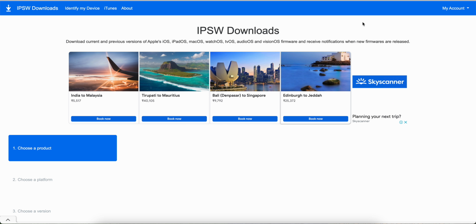I already explained in what cases you need to downgrade. So first of all, you need a Mac machine. I have the Mac machine, and you can see it on my screen. You have to open the Safari browser or any browser. I'm using Chrome, and you have to go to